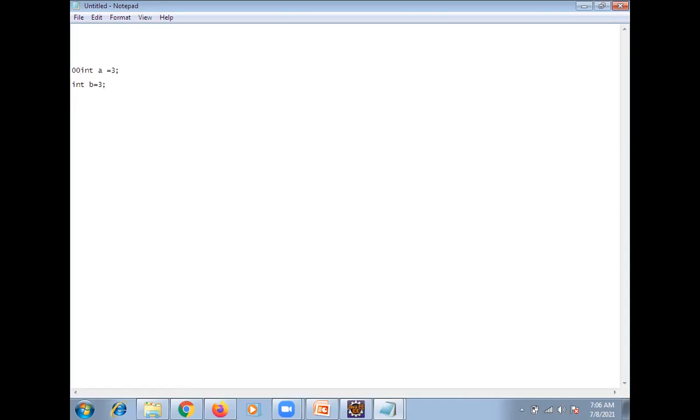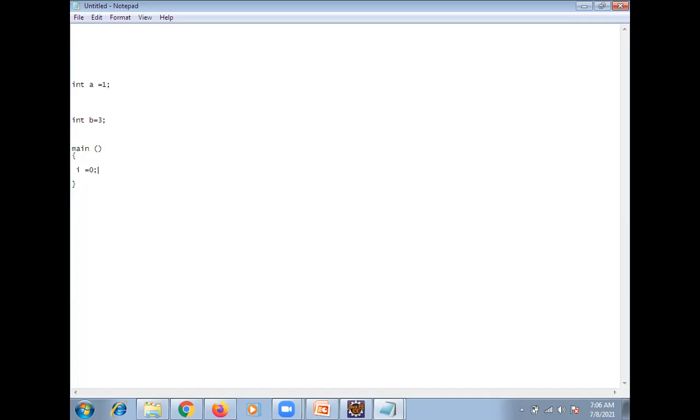Else A equal to 1. See, first I want to print the main method that is executed. Now I equal to 0. Clear?